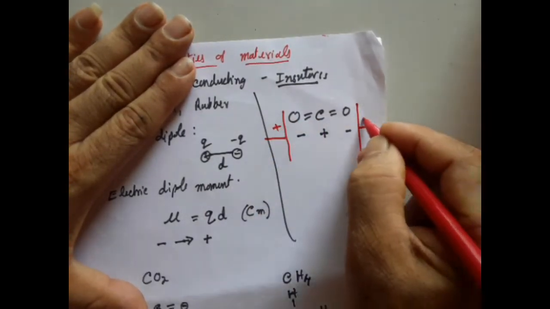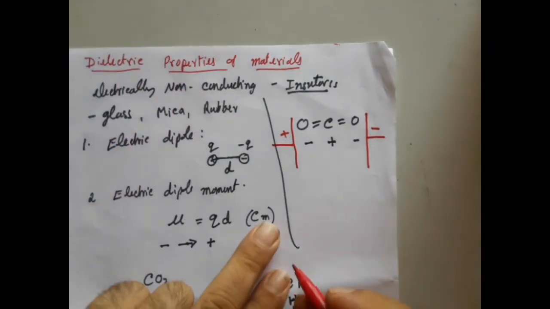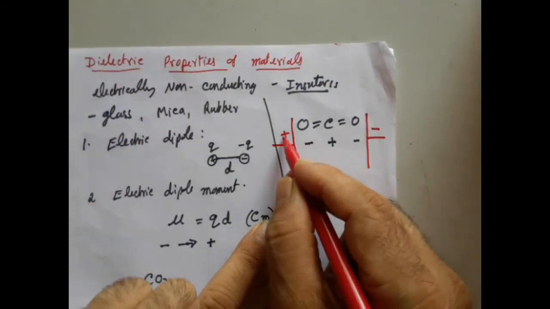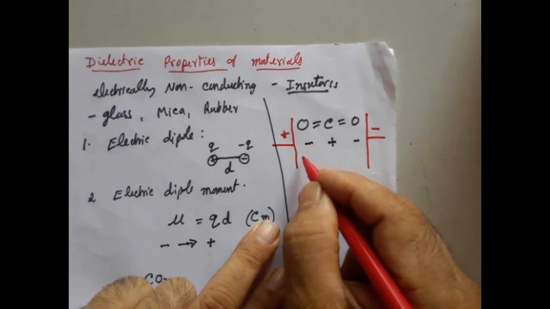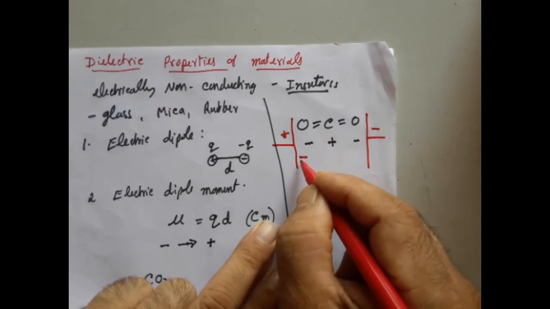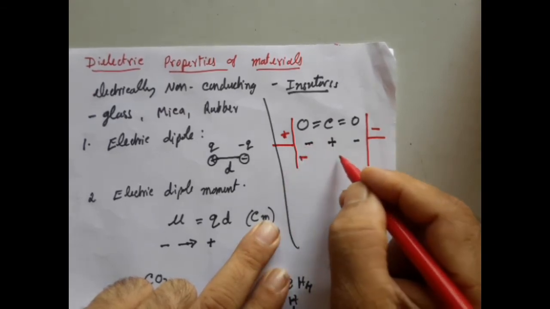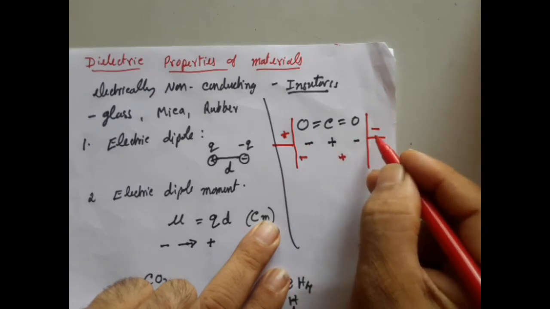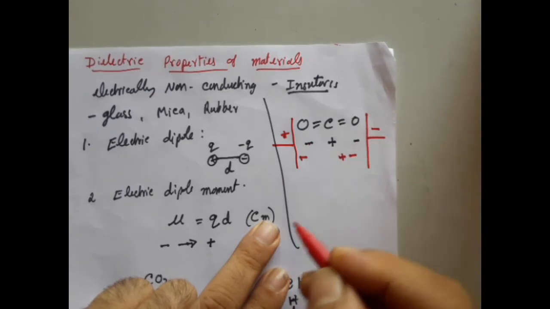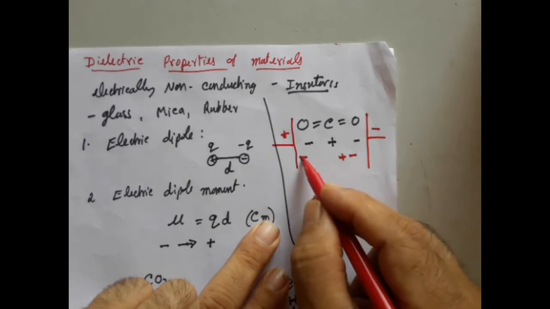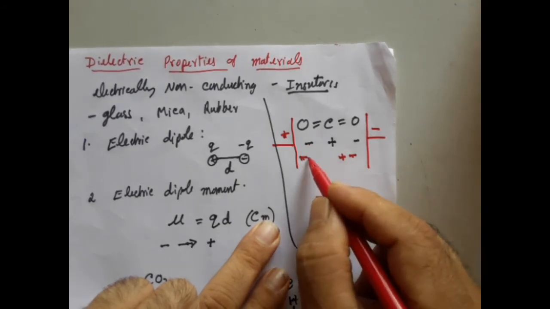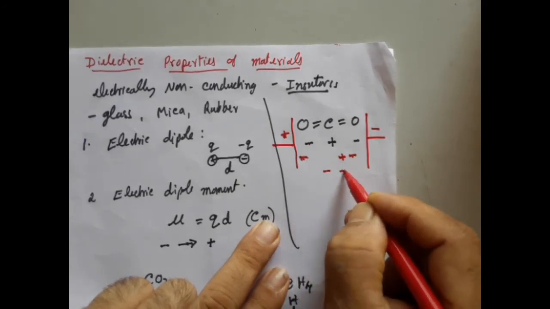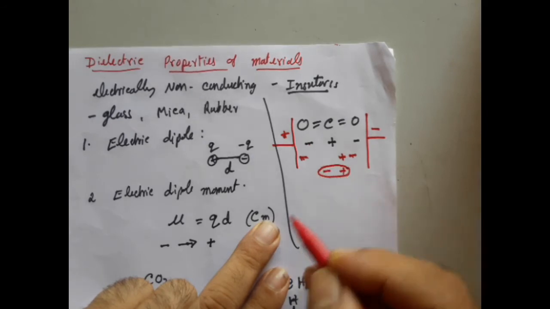And when you try to apply a strong electric field, naturally the negative charge will be attracted towards the positive side. So the negative charge comes closer, but the positive charge will move away, and the other negative charge will be repelled, so it is also going to come closer. Now if I ask you what is the effective center of these two, the negative center comes here and the positive charge here, and they are being separated.